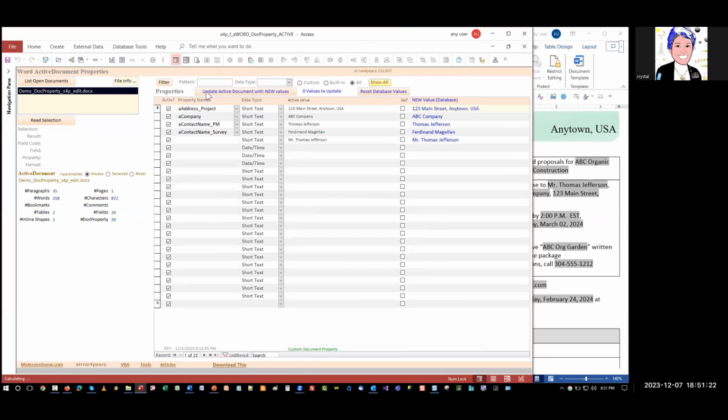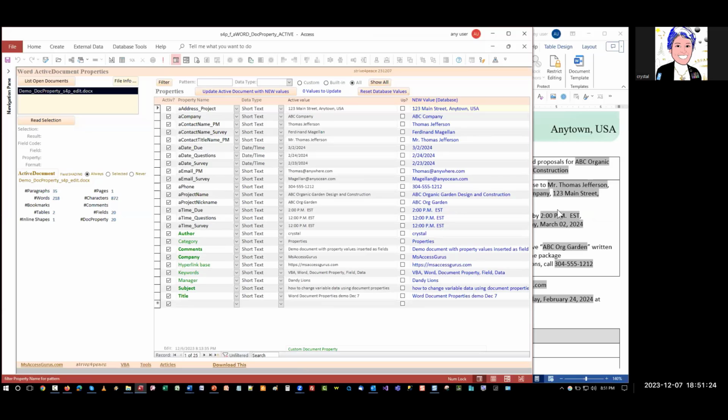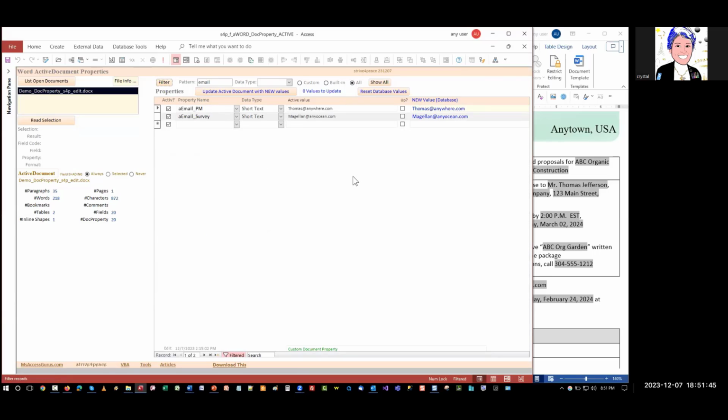Let me show all of these. Oh, let me say, I just want to see all my properties that have an email address in them. So I'll give it a pattern. And as soon as you tab out of this, it'll automatically apply the filter. Of course, you can click on the filter button too. It does the same thing. And I see I have 2 email addresses in here, and I could look at them and see if they're